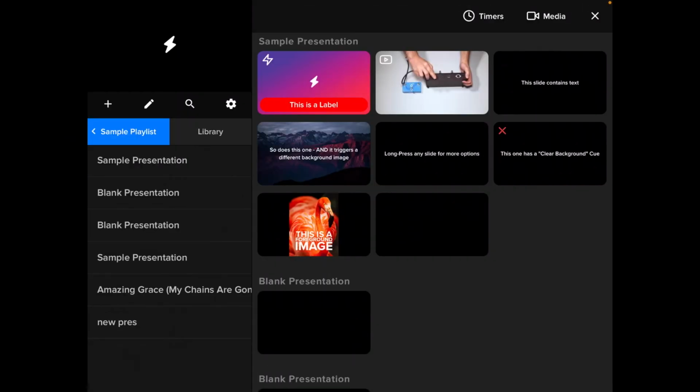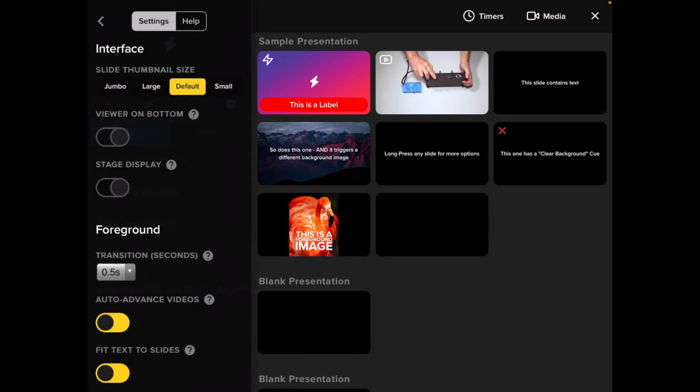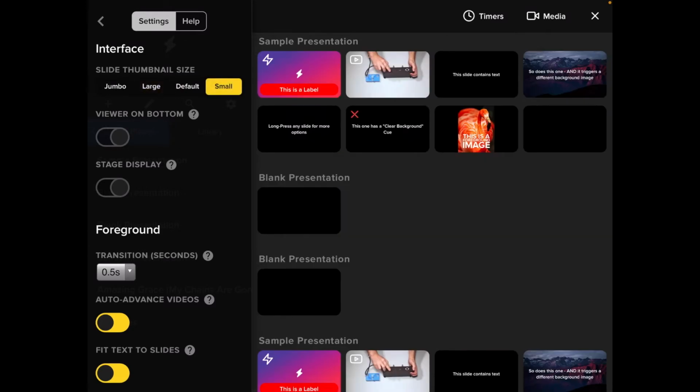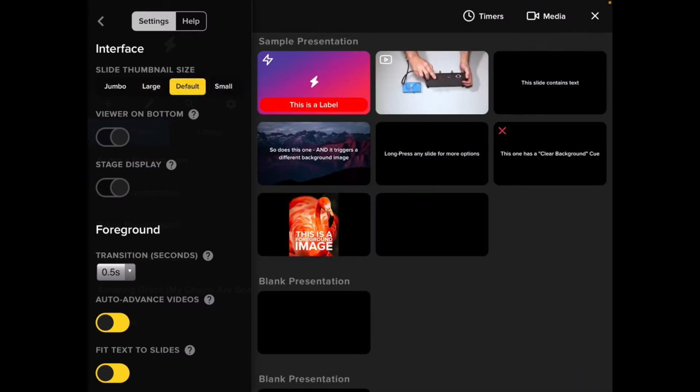There are several settings by which you can customize the way that Slippity works here. So you'll see there's a little settings icon right here, and opening this, there's a variety of things. You can see that you can adjust the size of the thumbnail display in your grid. If you're in portrait mode, you can put the viewer on the bottom to easier access the controls with your